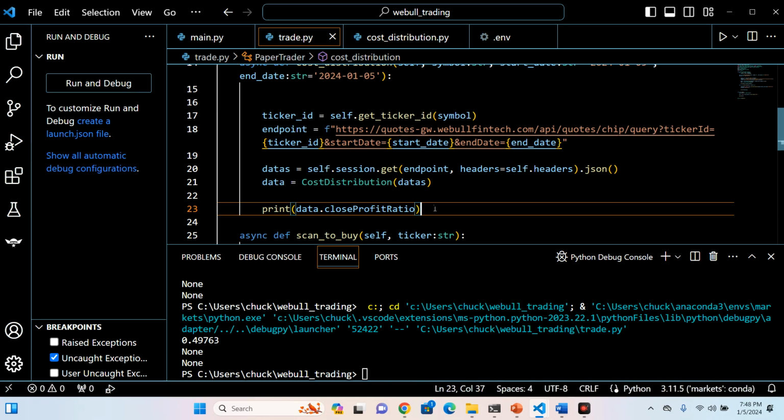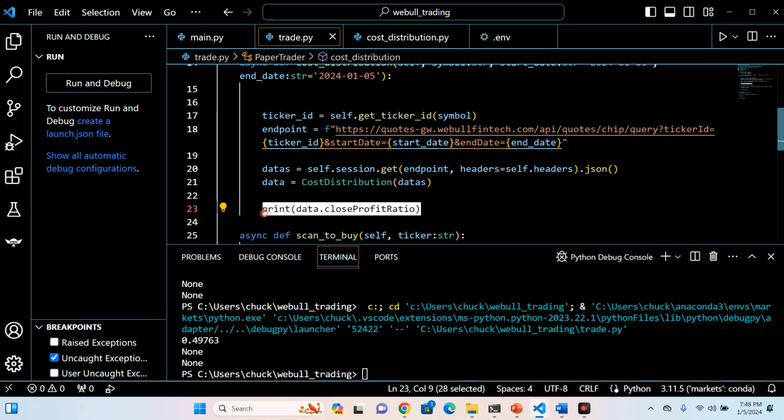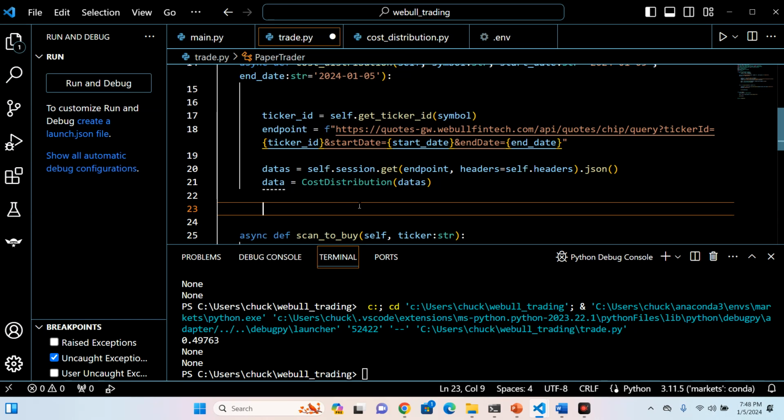So now what we can do is, since we want to scan for 98% plus for puts, or not puts, I'm sorry, but in this example, I'm going to show you how to do an options bot later. This is just for stock. But if you wanted to buy the dip or a stock that possibly could go up based on this logic, then let's say you wanted to buy whatever stocks out there that have a profit ratio of 2% or less, you want to buy it. So what we can do is we can say